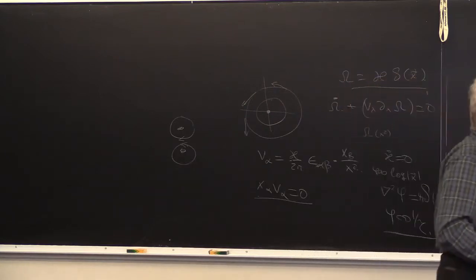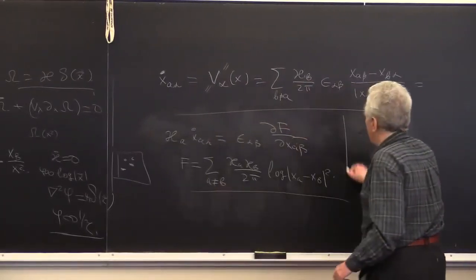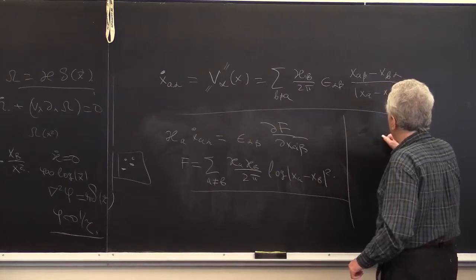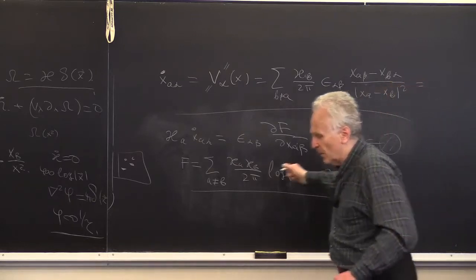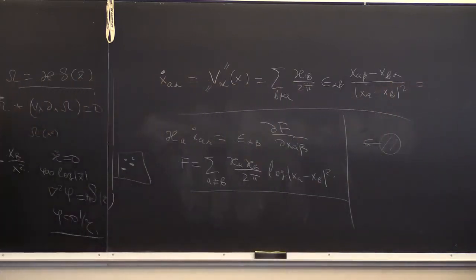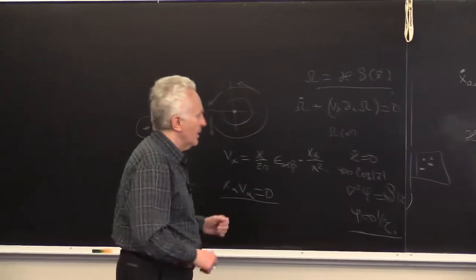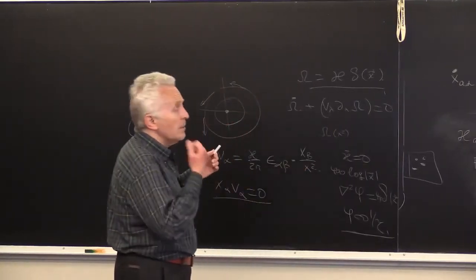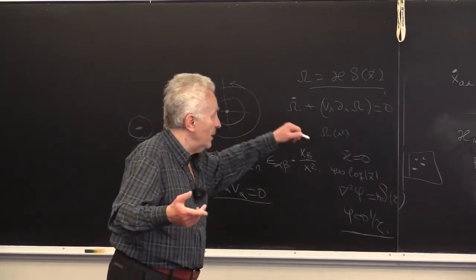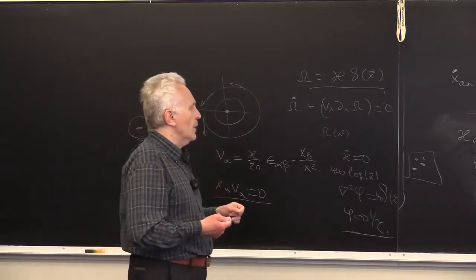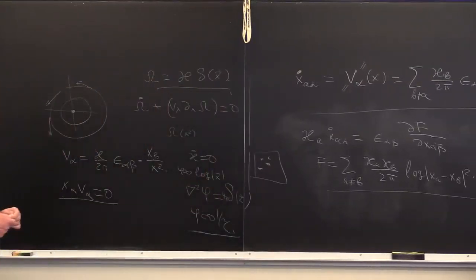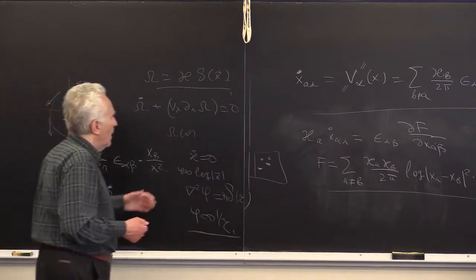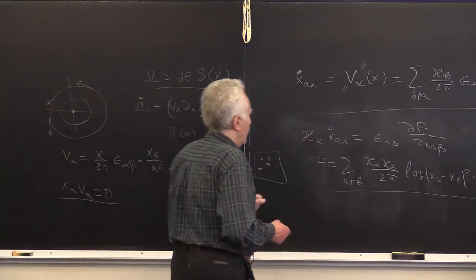Actually, I will give you an example today. We will see what happens if you have a body moving in a fluid. In the wake of this motion, you will have a vortex. We will see that there is a vortex lattice, and there is some regularity, but there is no sound in this approximation. There is no sound here because we assume that the fluid is incompressible. Okay, but I'm running ahead of myself.